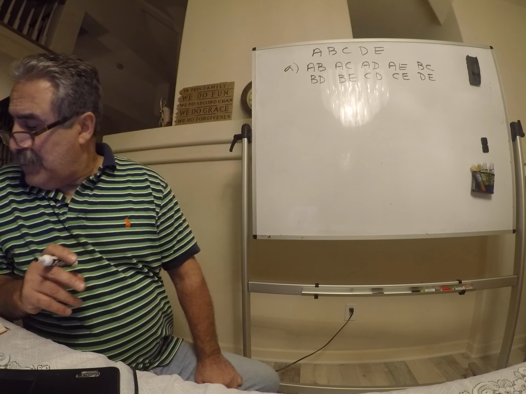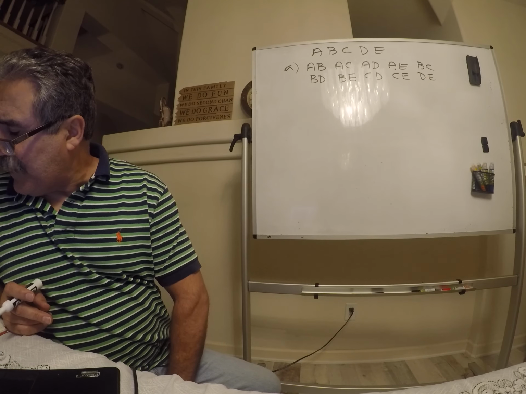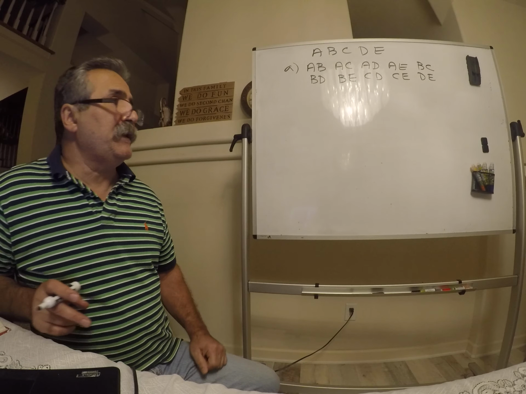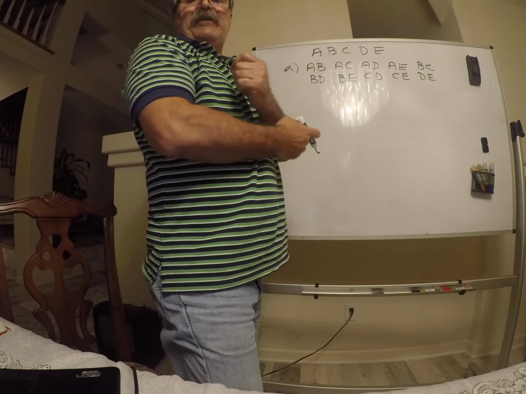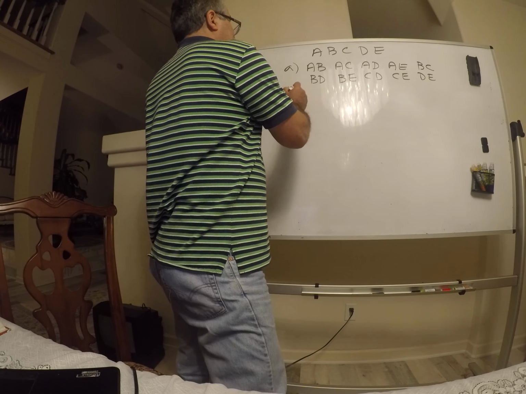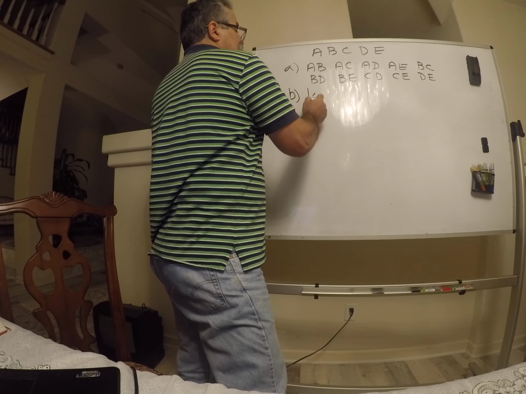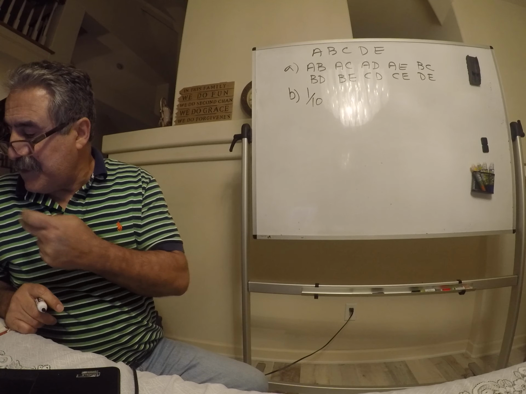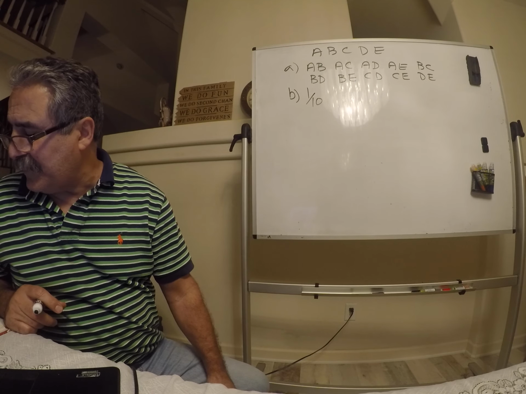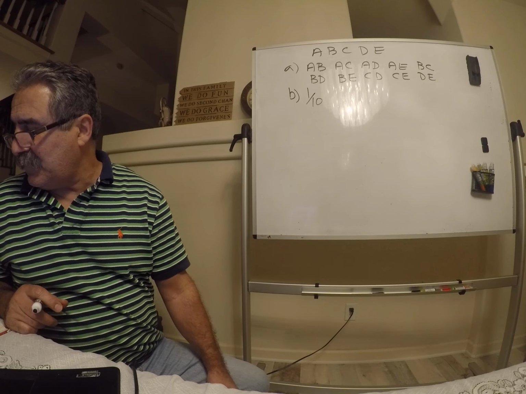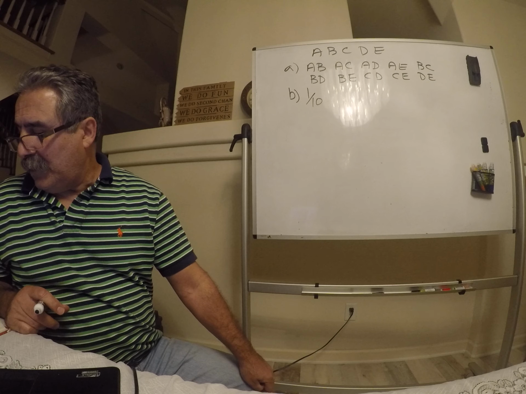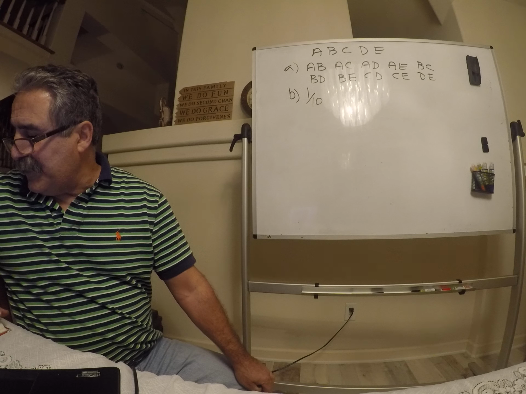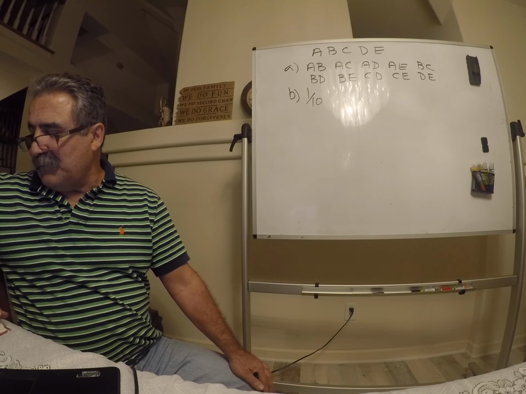Part B, using simple random sample, what is the probability that each sample of size 2 is selected? So this is the example of the equally likely or classical method. So each one has 1 out of 10 chance to take place. And then part C, assume random number 1 corresponds to A, random number 2 corresponds to B, and so on. List a simple random sample of size 2 that will be selected by using the random digits of